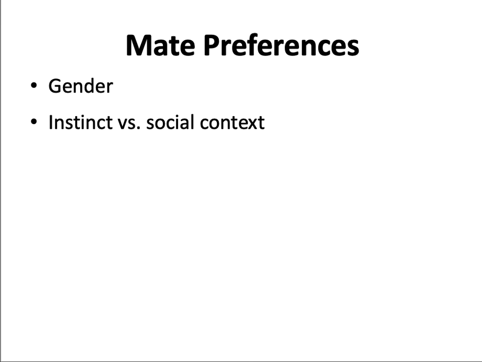Mate preferences. Men and women look for similar qualities in potential partners, but men are more concerned about a potential partner's attractiveness, and women are more concerned with the potential partner's status. These differences in relative importance may be due to the different adaptive problems the sexes faced over the course of human evolutionary history. Both men and women value physical attractiveness highly, but their relative emphasis conforms to evolutionary predictions.